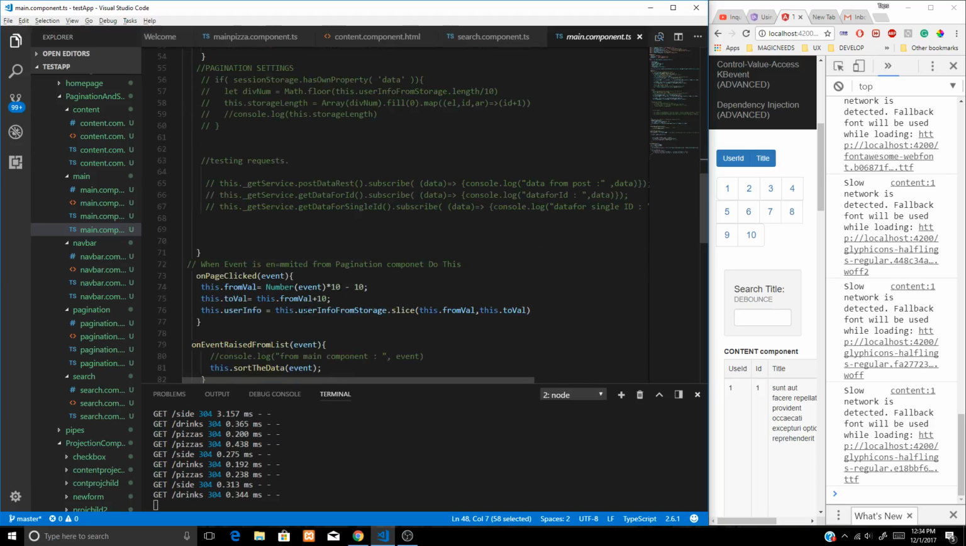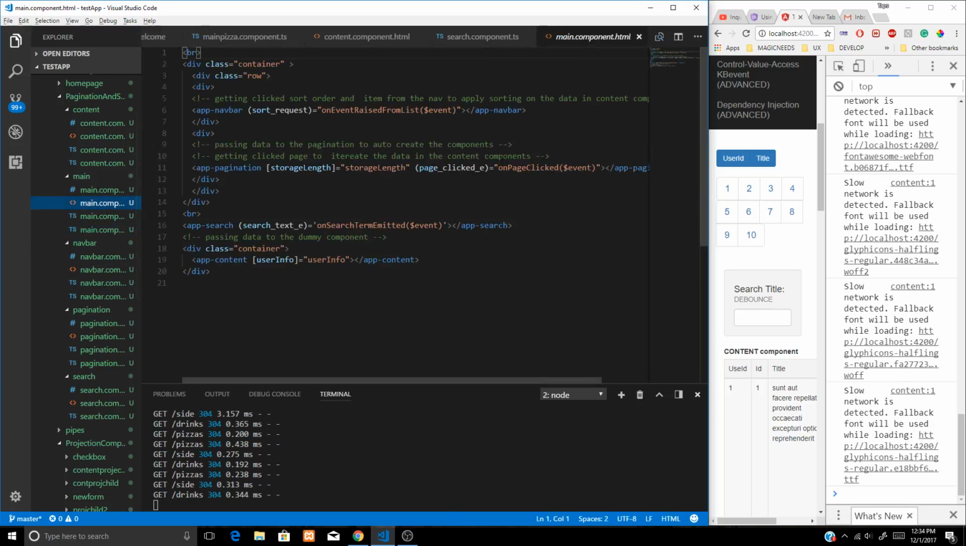Now on page click event, this is the click event that is emitted from the pagination page. If you see here, page click event is emitted from our pagination, and this is the data we are sending into the pagination component, and this is the event we are collecting from the pagination event. So if we go inside it,